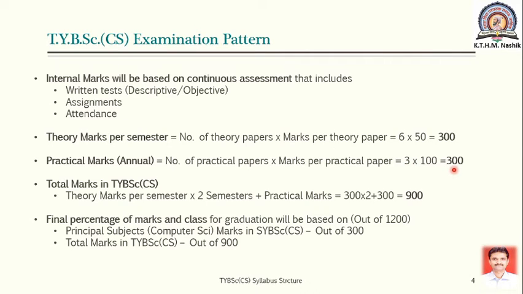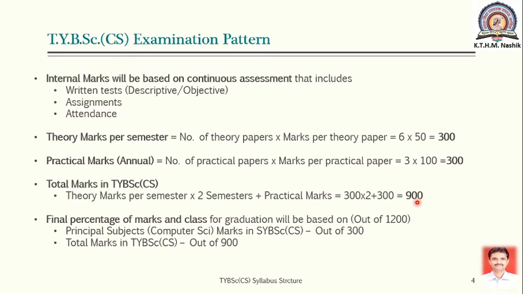There are 3 practical courses, means total 300 marks for practical. But there are 2 semesters for theory. Therefore, total marks for theory courses is 600 and for practical will be 300, total 900 marks in TY BSc